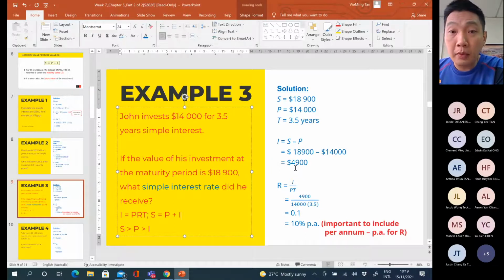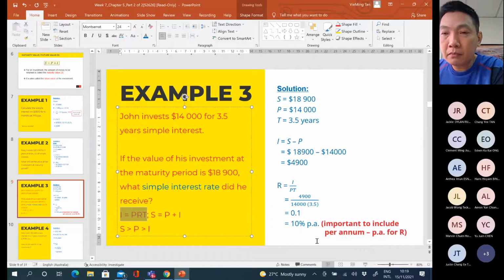Then we use the first formula to calculate the R value by transposing the formula. We have to bring the P and T to the left-hand side, becomes divide. So R is equal to I divided by PT. I is 4,900, so substitute to here. P is the principal, 14,000, put here. And then the T is 3.5 years, put here. Simplify, I get 0.1, but